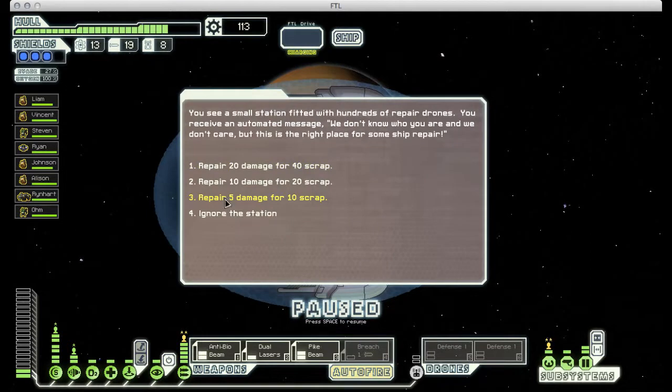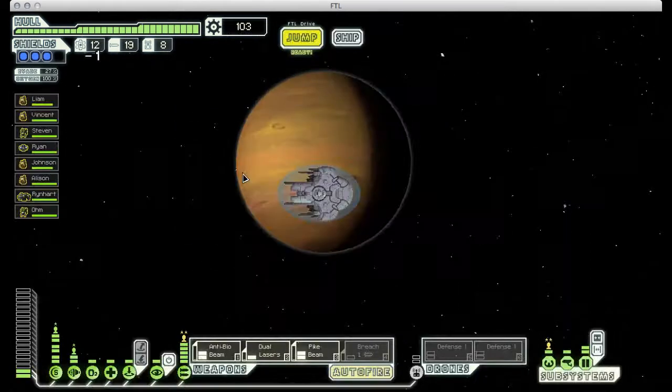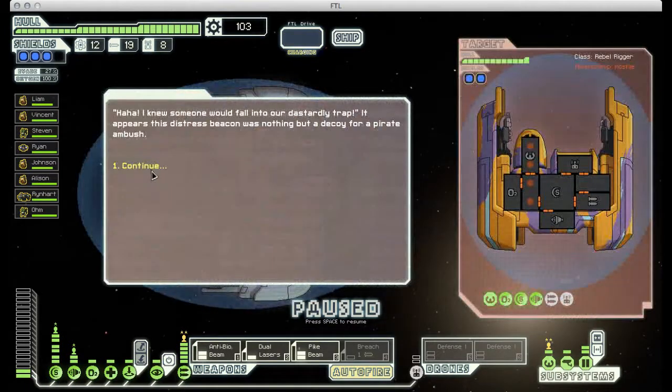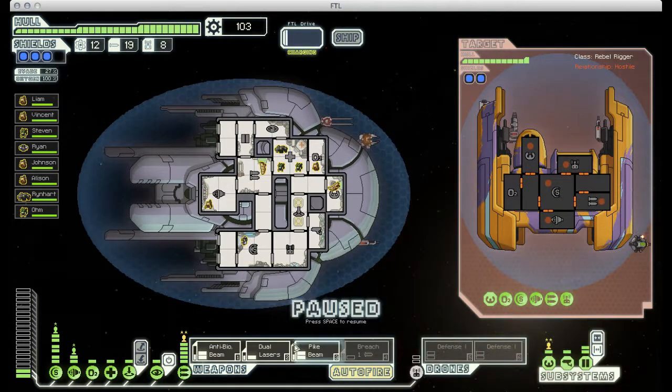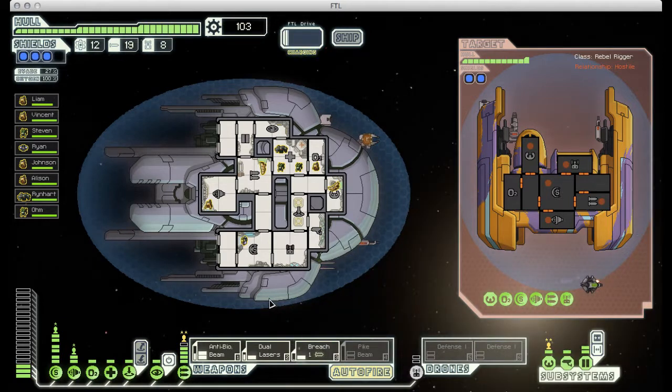We can repair some damage for scrap, why not? And there's a distress beacon up here, let's check that out. It was a decoy. What a surprise. I'm gonna turn off my pike beam and turn on my breach weapons, because...